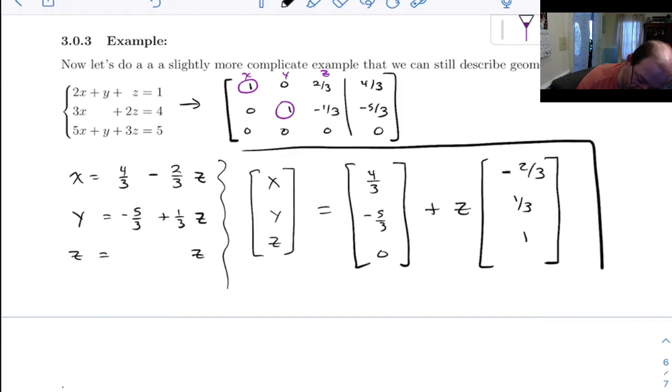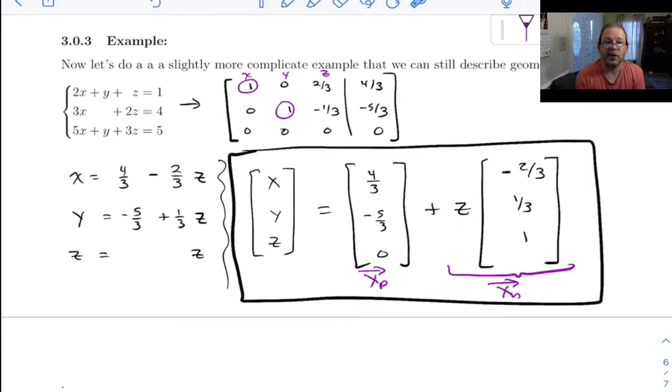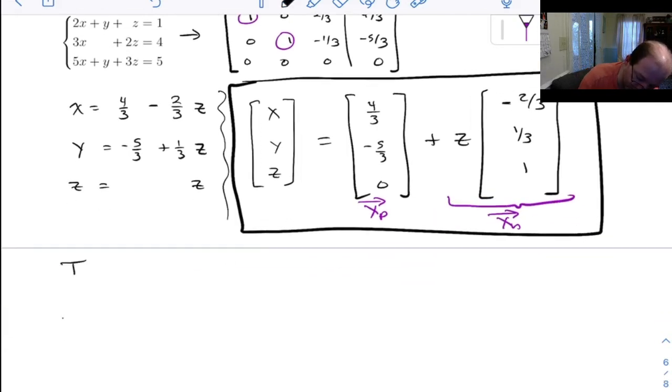This is my solution. And let's see, this is xp, and this is xh. Now keep in mind, when you do xh, the z is part of xh. It's not just that vector there. So what we've got is a single vector in xh. So this is going to be a line. So geometrically, this is a line through the origin. Actually, no, this is a line in R3